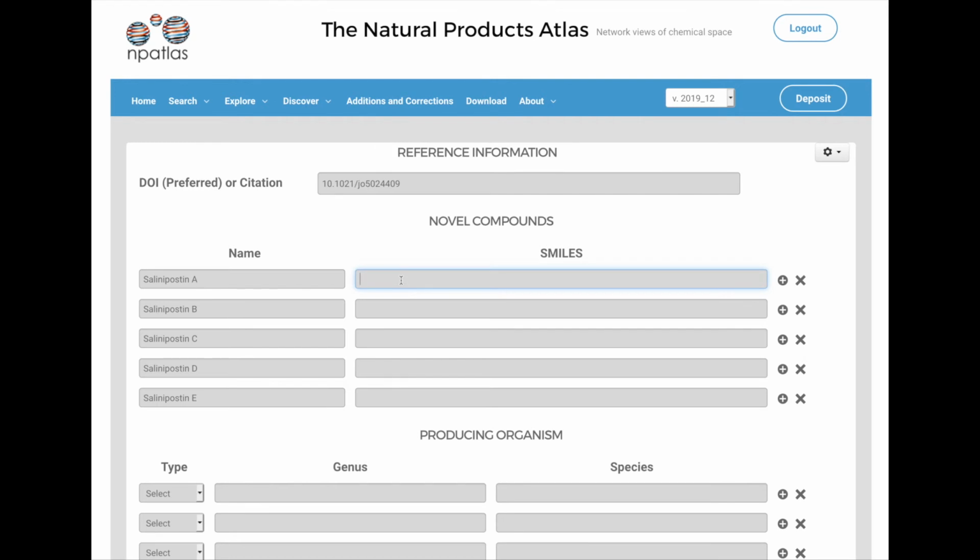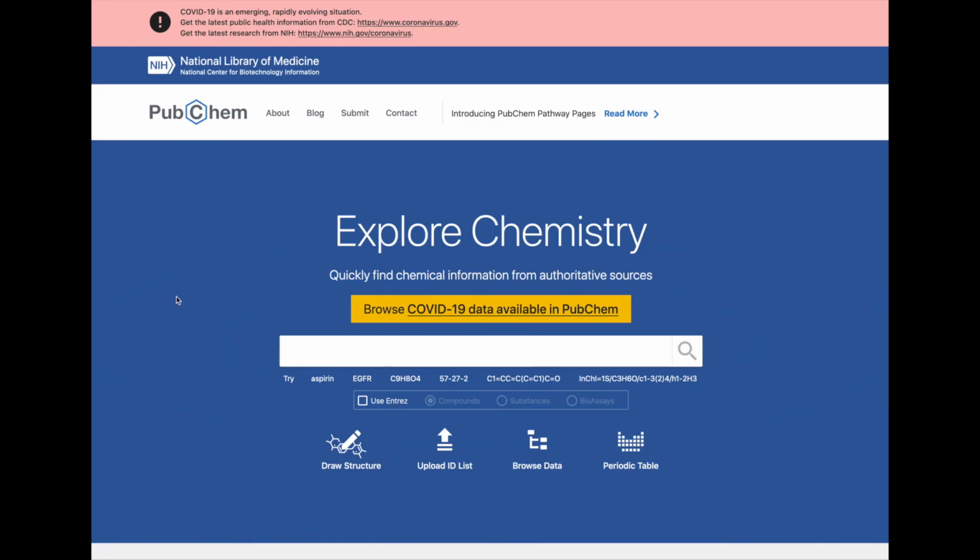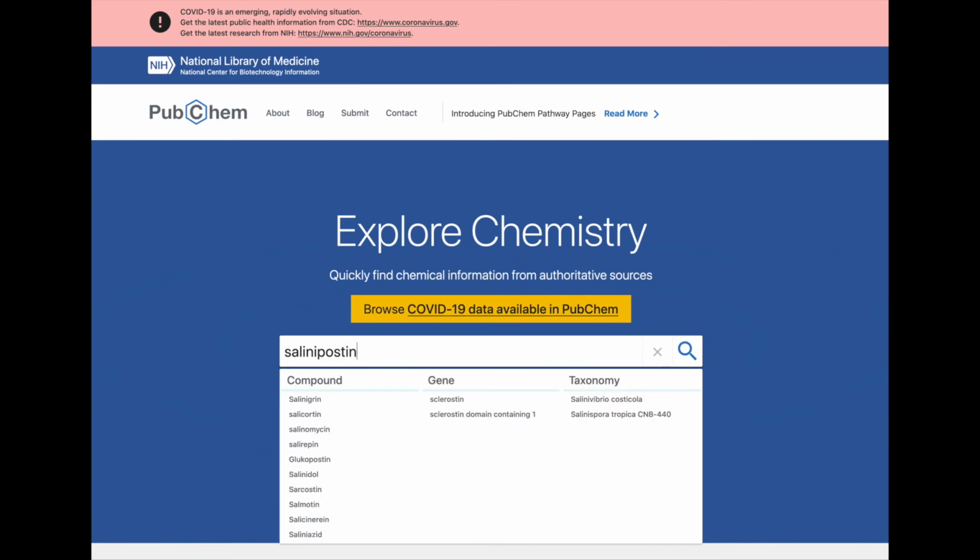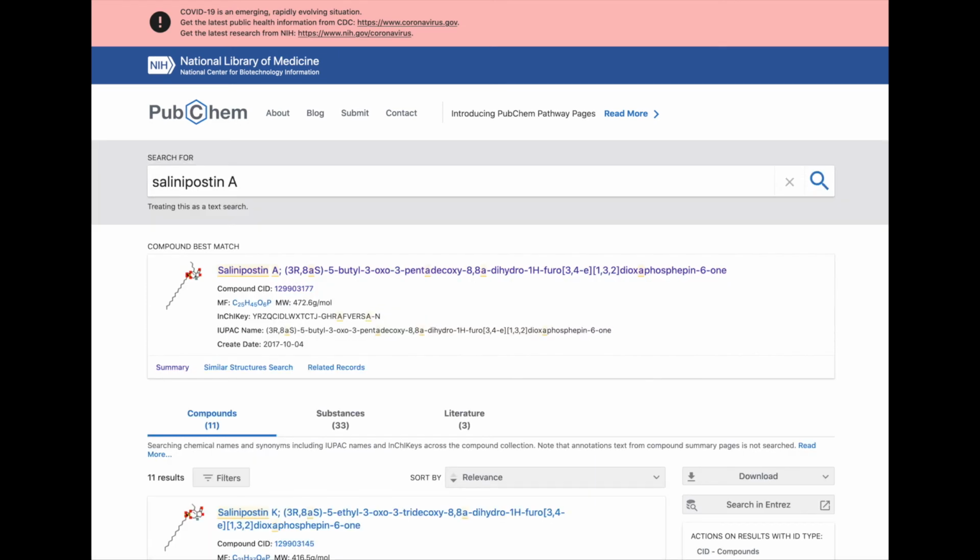We do ask that you do them one at a time, so please don't copy structures that have R groups or other ambiguous features. We need a unique molecule in each row of the page here. Alternatively, if you don't have the structure, the most reliable place to get those is PubChem. So if we go to PubChem here, if I put in selenopostin A, we can search that molecule,